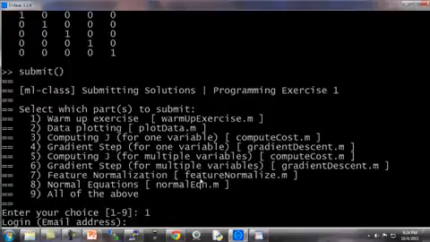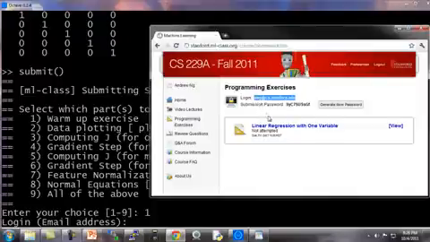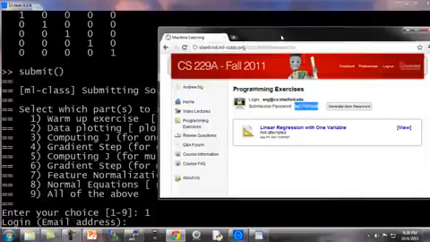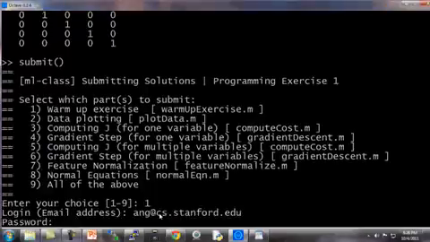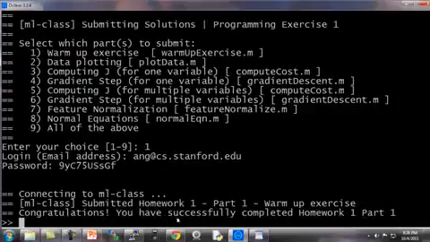so I'm going to enter choice 1. It asks me for my email address. I'm going to go to the course website, and this lists my email address, and this is my submission password. This is an internal testing site, so your version of the website may look a little bit different. I'm just going to type them in here. So I have ang@cs.stanford.edu, and my submission password is 9yc75USSGF. And if I hit enter, it connects to the server and submits it, and right away it tells you,